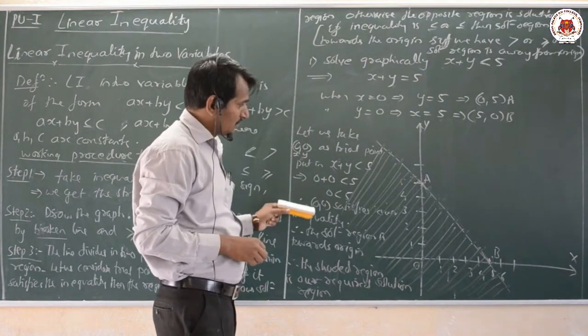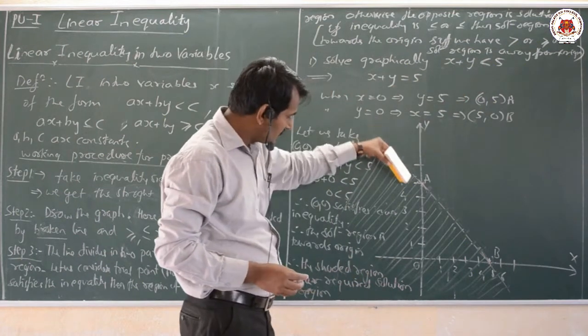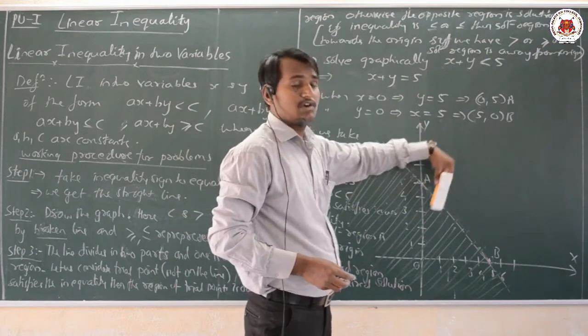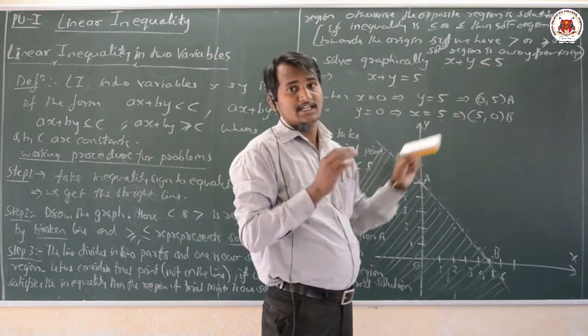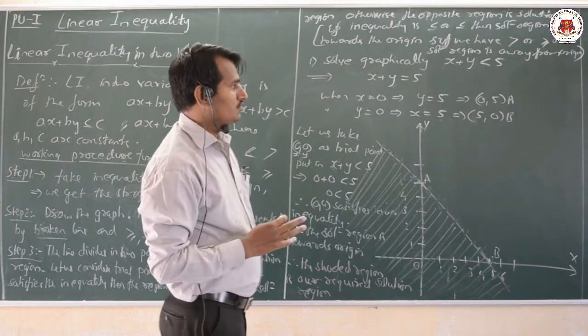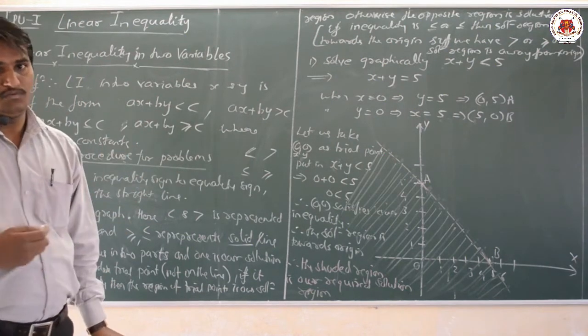Now in this problem itself, what do we have? Less than. Less than means the solution region is always towards the origin itself. If it was greater than, the solution region would be away from the origin. That is our shortcut method to understand the given problem here. Dear students, now please pause the video so that we can move to the next problem.